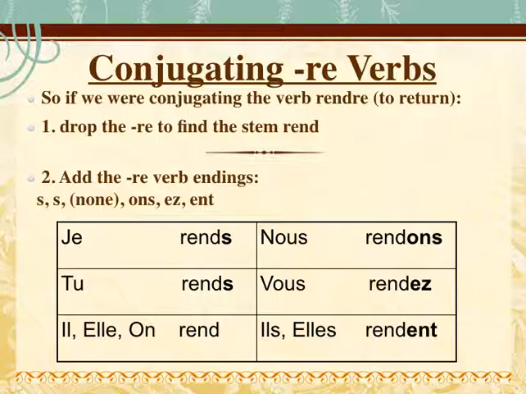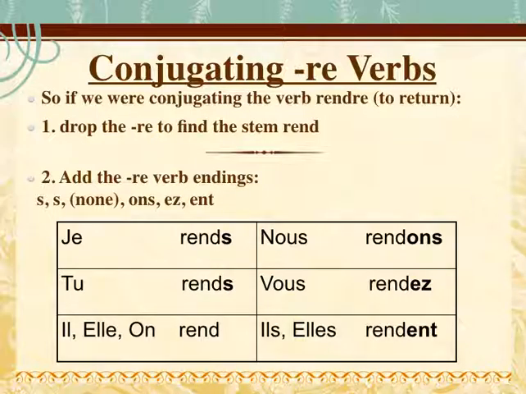Yep, that means il, elle, on. The stem is the verb. There's no ending for il, elle, on in an RE verb. This also means it's the only one that's going to sound a little bit different out of those 4 that almost always sound the same, because it may or may not end in a careful letter. So we have je rends, because our last letter is S, which is not a careful letter, so now we hear the D, je rends, tu rends,